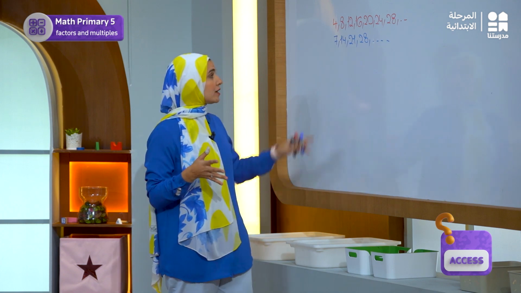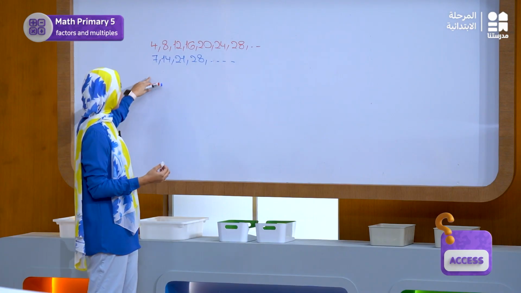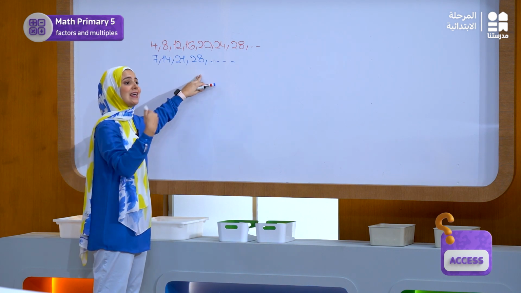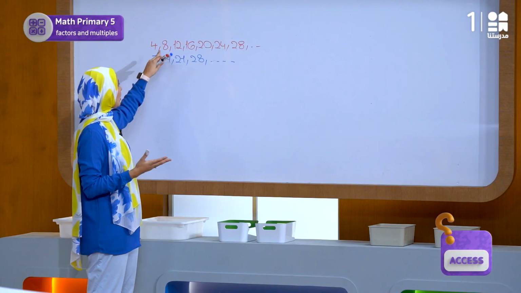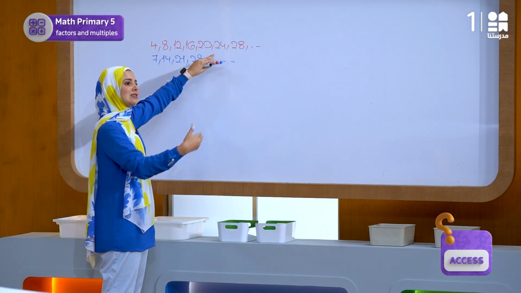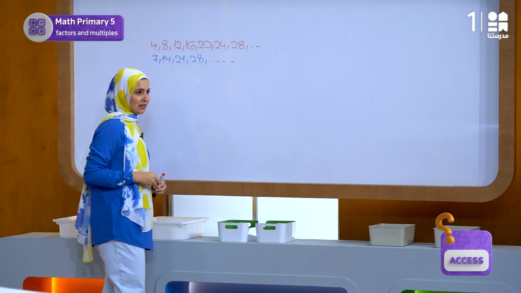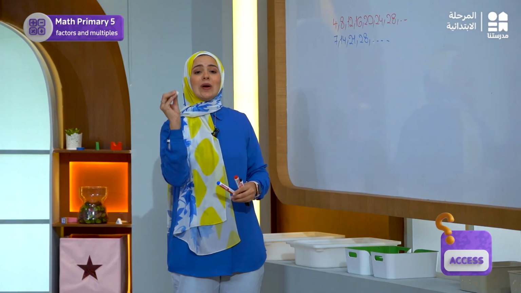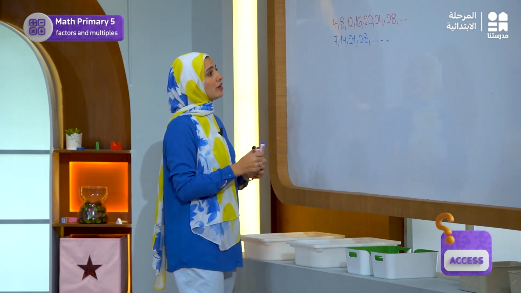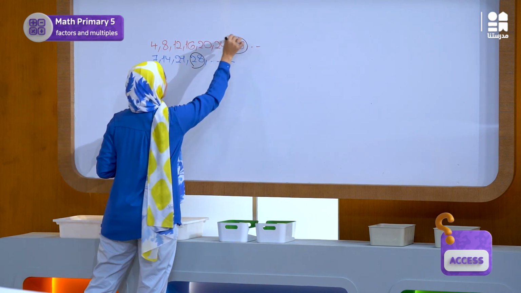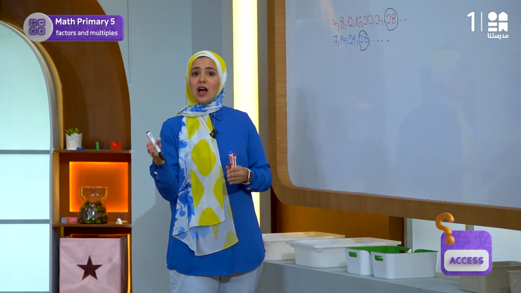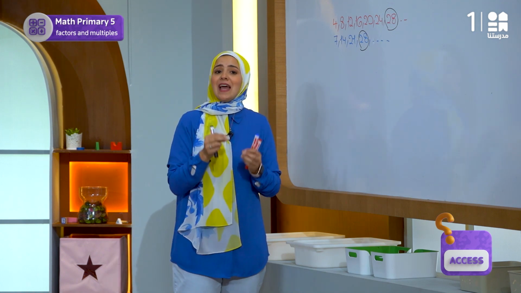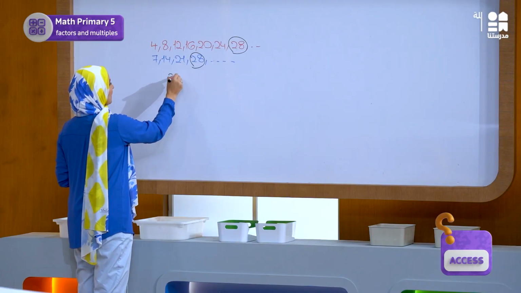Now, by looking over here, what are the multiples of 7? We have 7, 14, 21, 28, 35, and so on. What about the multiples of 4? They are 4, 8, 12, 16, 20, 24, and you continue till the end. We will notice that 28 is the first common multiple of 7 and 4. So what does that mean? Muhammad will both hike and lift weights on the same day after 28